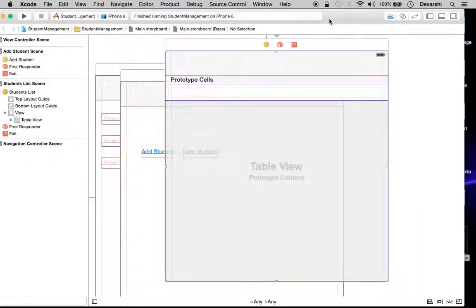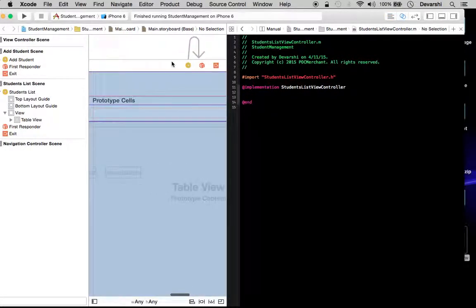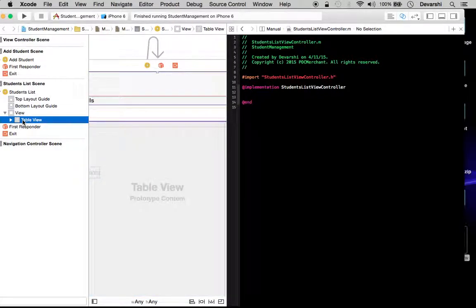So first of all I will select the assistant editor from the menu. Okay, now I am selecting my table view and pressing the control key on the keyboard. Without releasing it, I am clicking on the table view, and without releasing the click either, I am dragging it onto